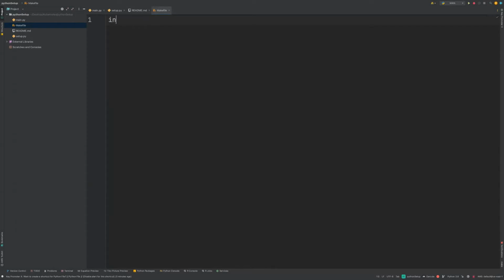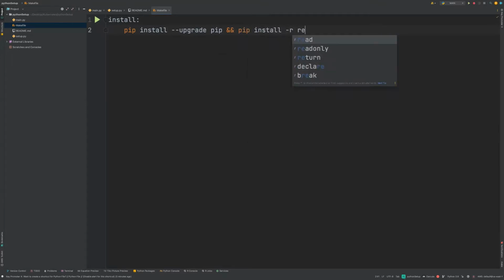Okay, so let's call it install, tab, and then you can put pip install --upgrade pip, and then you say pip install -r requirements.txt file. Okay, so basically this command is if you want to install all the packages in your requirements.txt file,